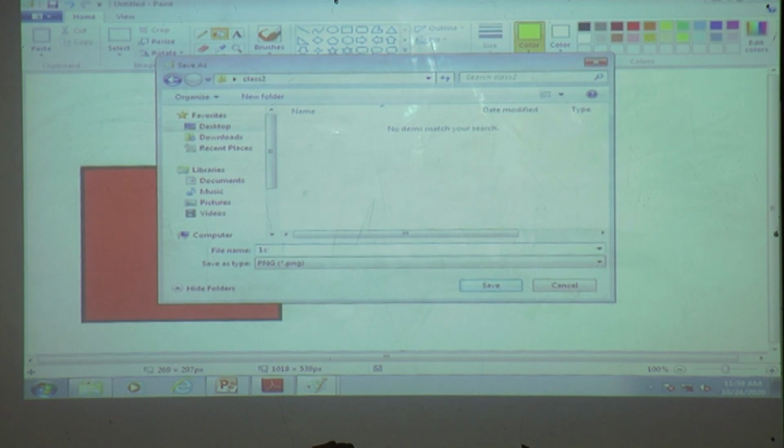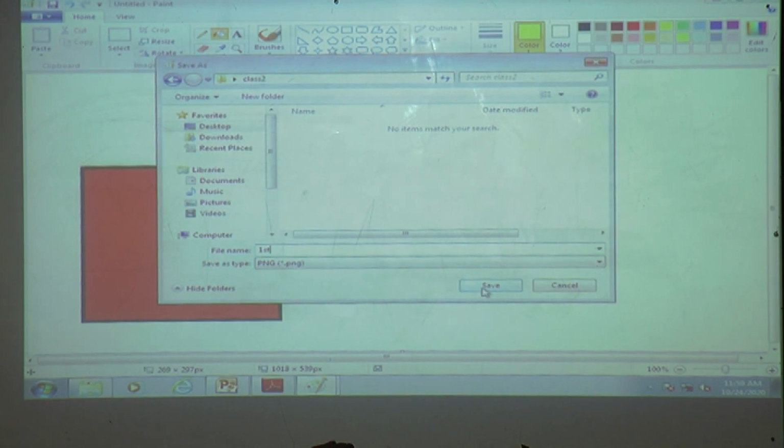We will give a name to that file, our first file. Then we will give it the name First. We can give the file name as our roll number, our name, our friend's name, meaning we can give alphabets or numbers, whatever we want. We give a name to the file and also to the folder.